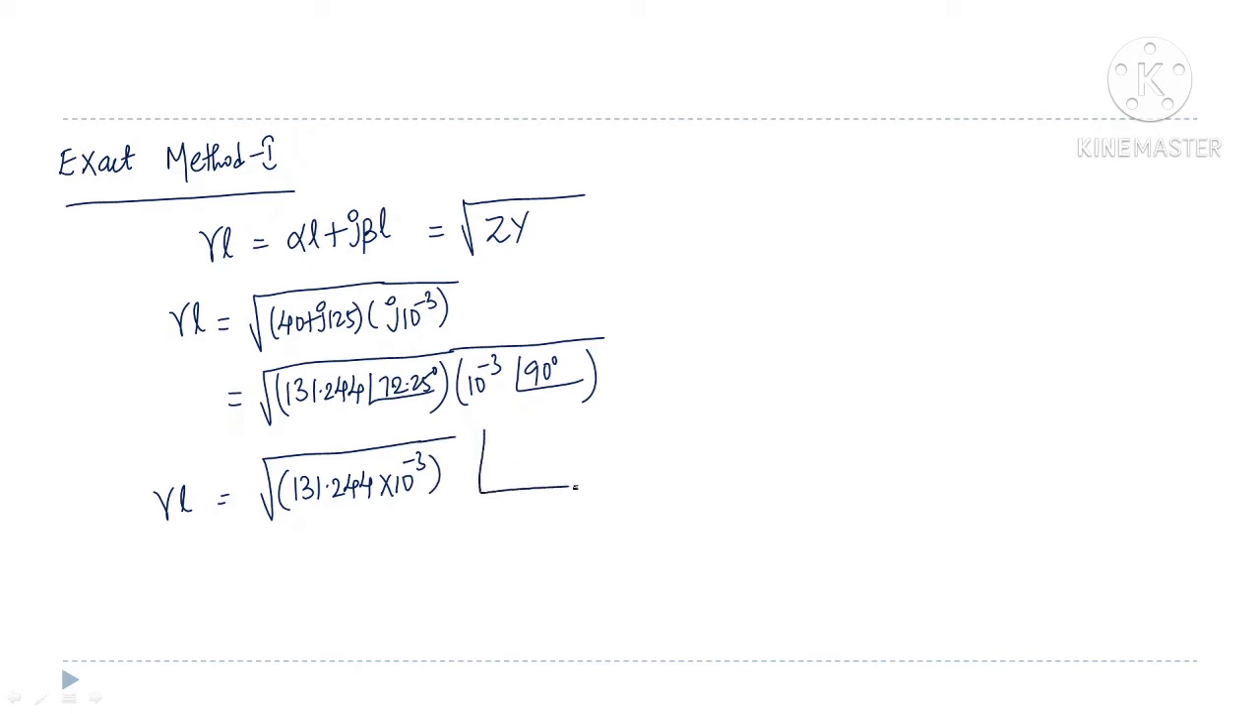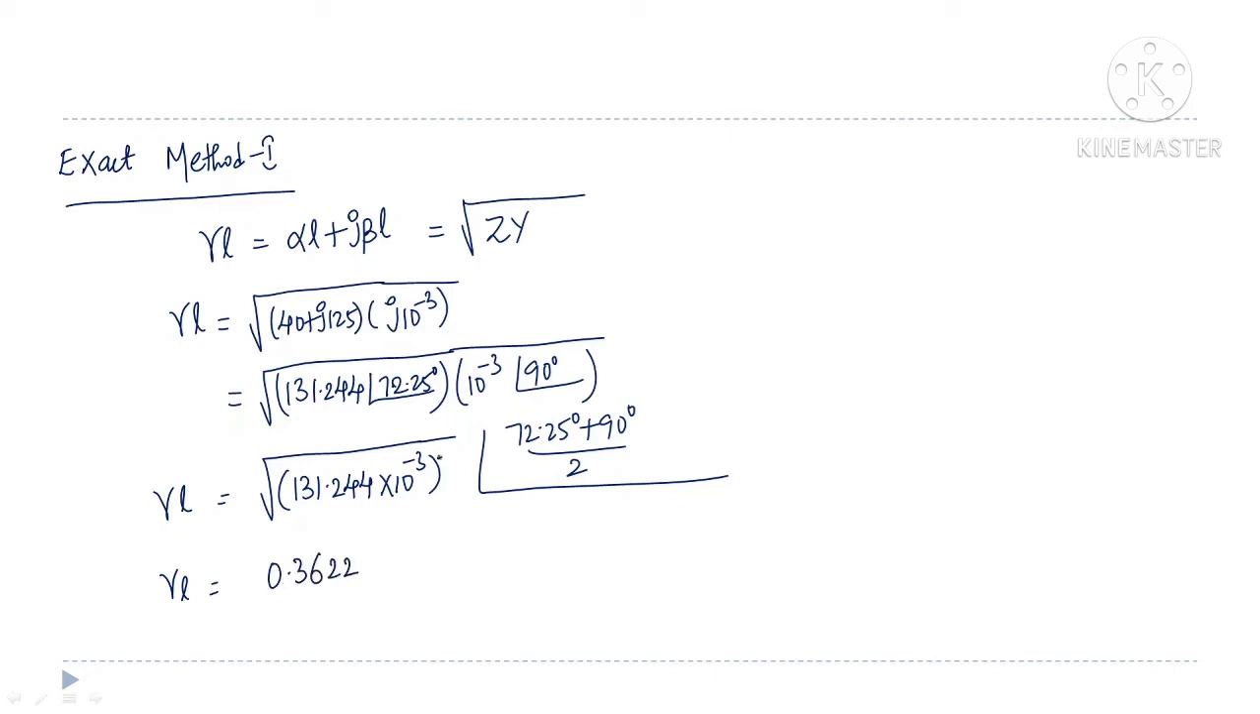And how can you get the angle? Angle is 72.25 degrees plus 90 degrees, total divided by 2. Now you will get gamma L in polar form. First I will write the polar form. So gamma L is equal to